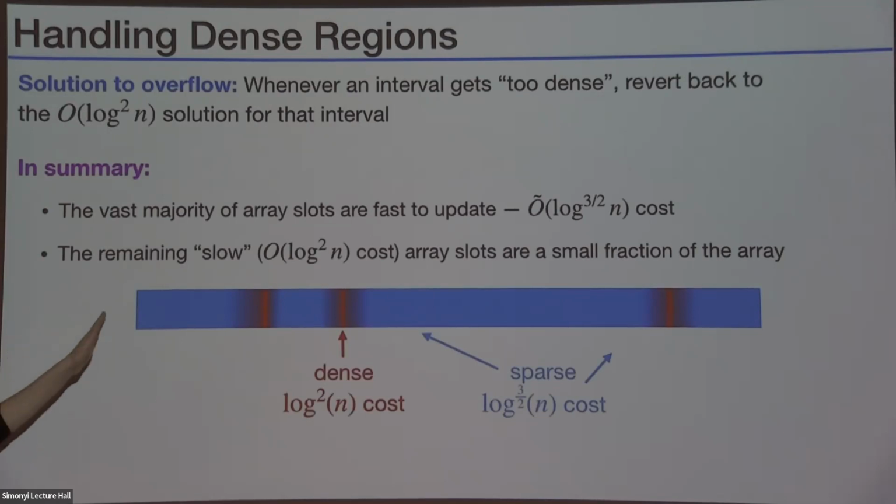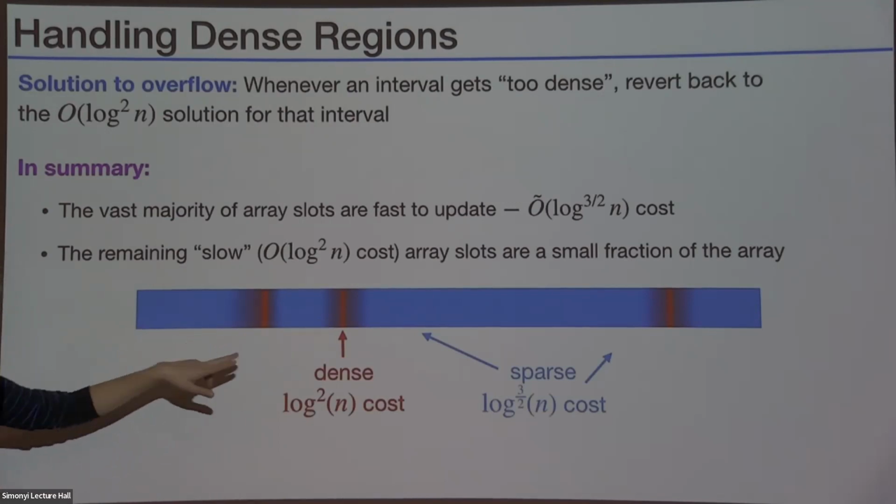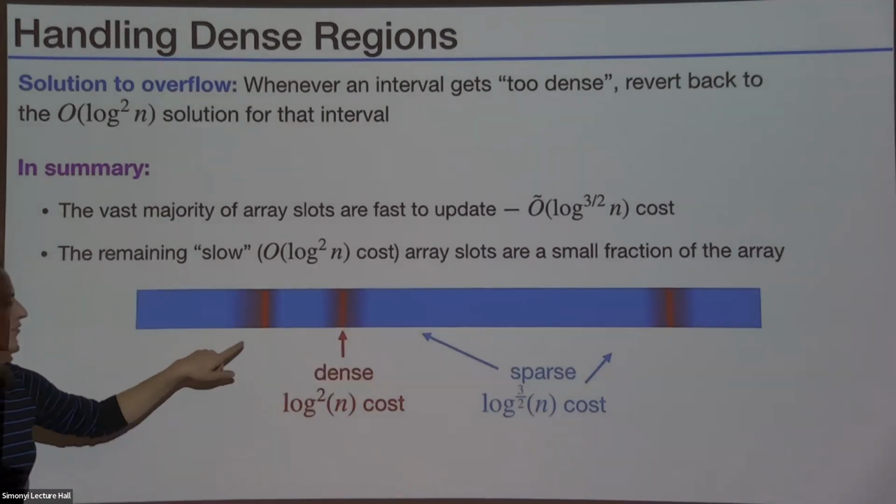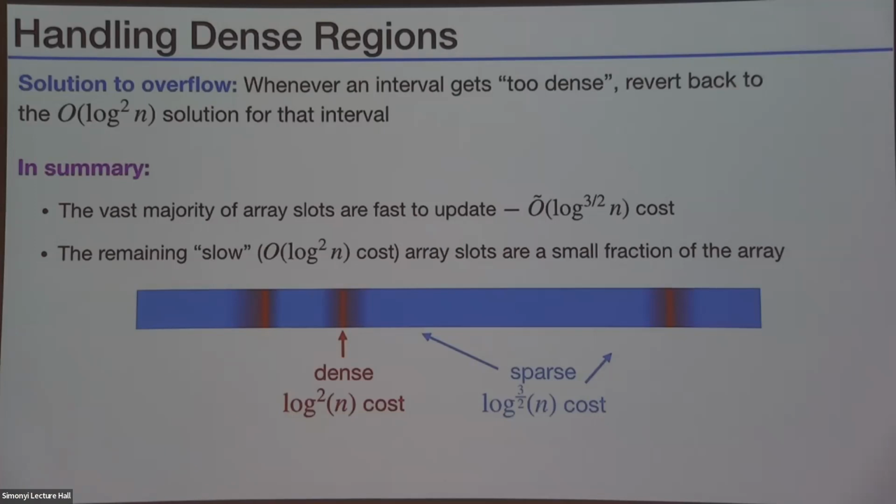So if you think of this as the array, and the blue regions are kind of the sparse regions, and then the red regions are the dense regions, what we know is that the red regions that are dense only consist